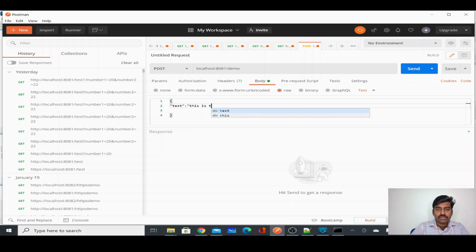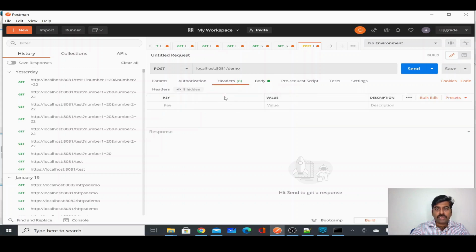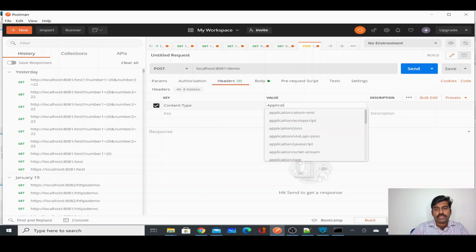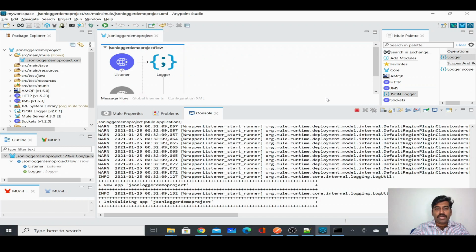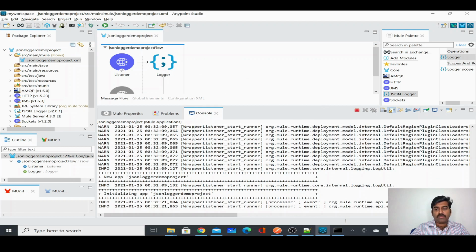This is a test message. I'll also set the content type to application JSON from my headers, and the actual body is just some JSON data. I'm going to check whether my actual application which I started is deployed or not.